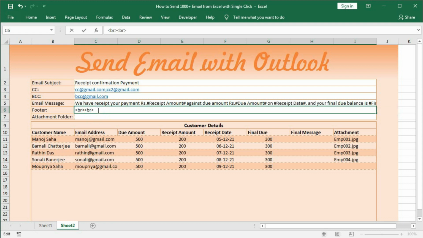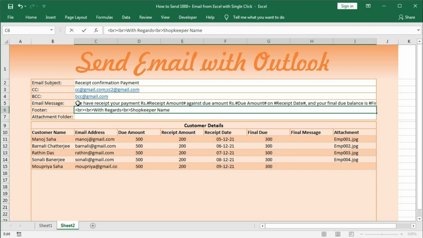Then we will get with regards, then again angle bracket br angle bracket, shopkeeper name. So you can use as many lines as you want, but just between them use br.